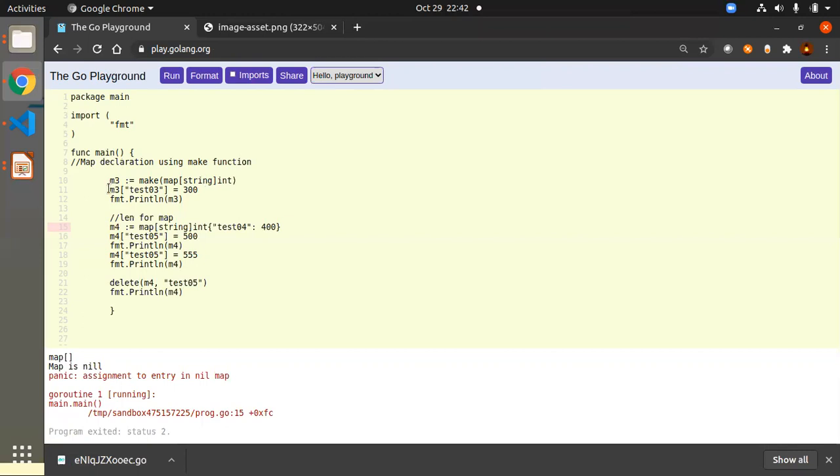And we are using the shorthand notation M3. So we are just assigning the value to the map. Okay, fine. So then later point I'm adding the test03 and I am assigning the value for that, 300. Okay, and I'm printing the M3. Okay, fine. Then after what happens is, let's see, I'm creating the literal for map. So that means that in M4, I'm creating the map string, but here in this case, rather than creating with the make function, I'm just using directly the values there, like how you can declare values directly when you create the map itself.